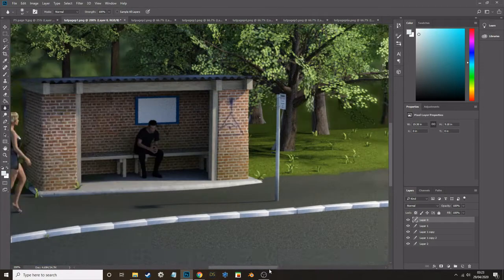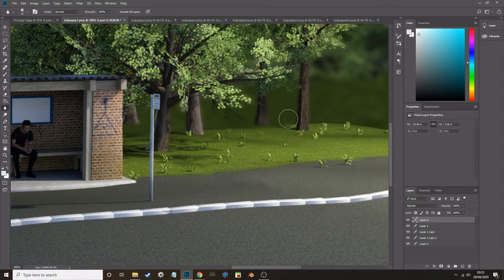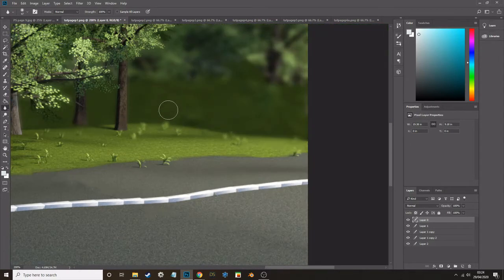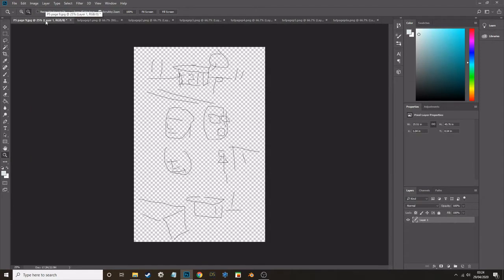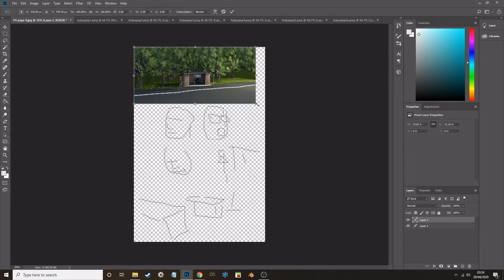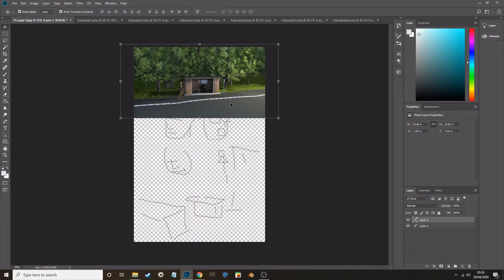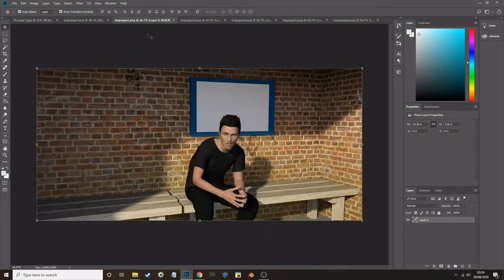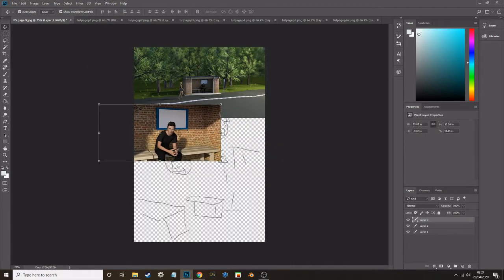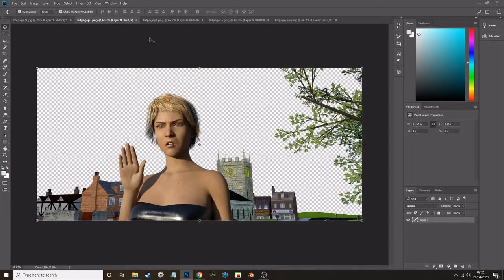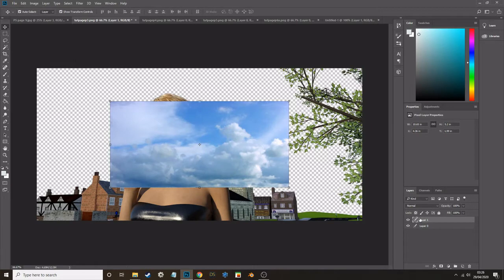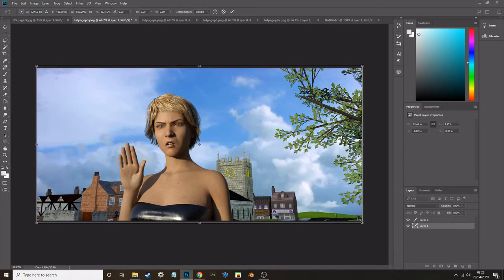With the next image, I grabbed a photo of a sky. It didn't quite match the lighting I was going for, but again, it was good enough for the sake of this video. Again, the more care you take with matching the lighting and things, the better you'll do, or the more convincing it'll look. I also added a bit of blurring in places just to mask the